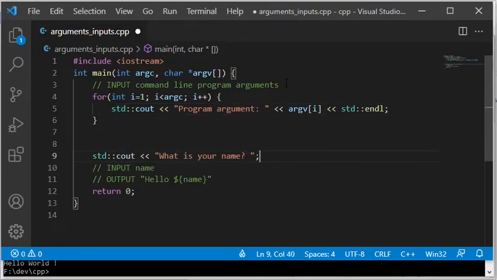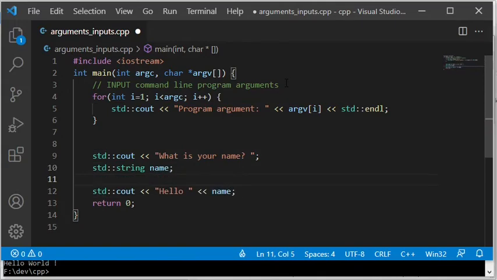To receive user input through the keyboard, you might use the cin object in the C++ standard library namespace std, together with two greater than signs, which is a so-called extraction operator. After that operator, you can provide a string variable which will receive the input from the standard input stream, which usually is the keyboard by default.